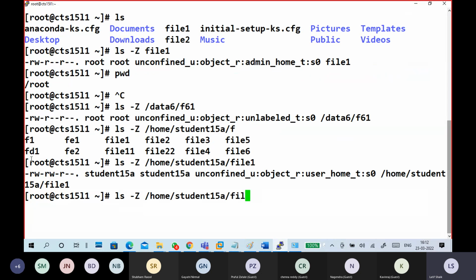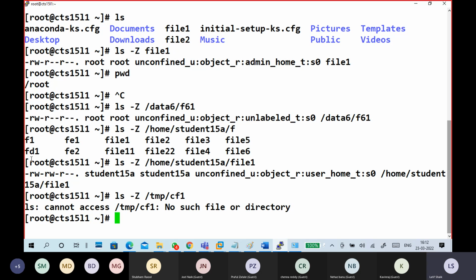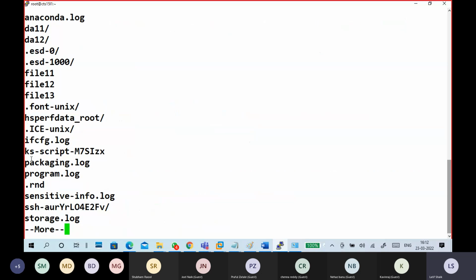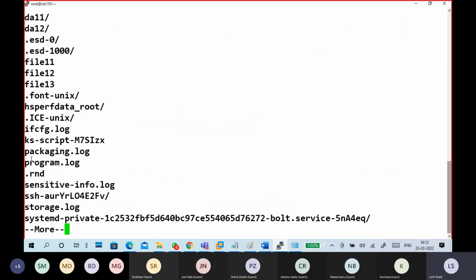Again, I will show you the temp one. In temp we also created files yesterday. We got a file one. Okay, it's not there. What we created under temp, the file 11, okay, very good.